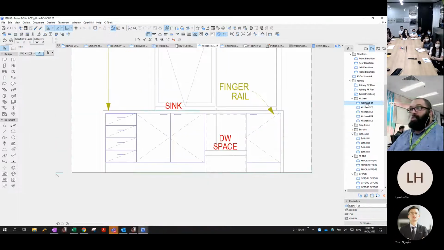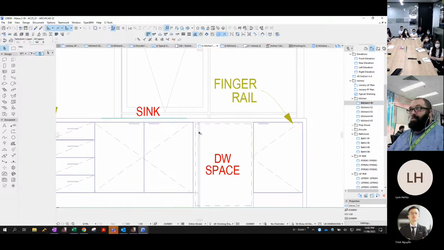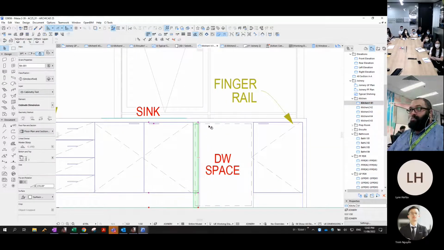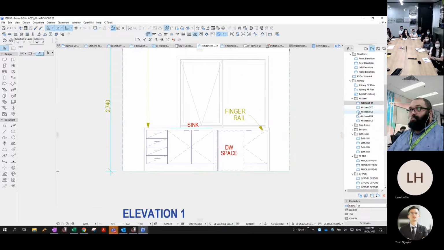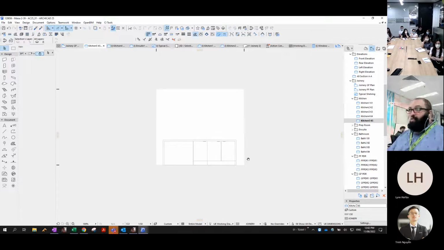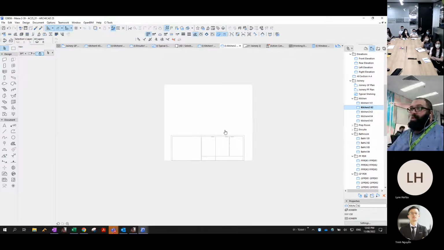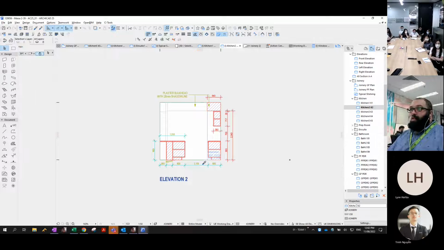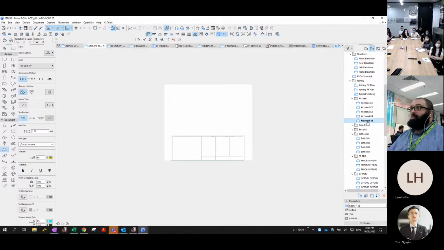Go to elevation 1. Here's my cabinet. And elevation 2. I'll go to elevation 5. Here's my end panel. There's my overhang. Perfect. Now the good thing with doing it in 3D, if I copy the properties of my dimension marker